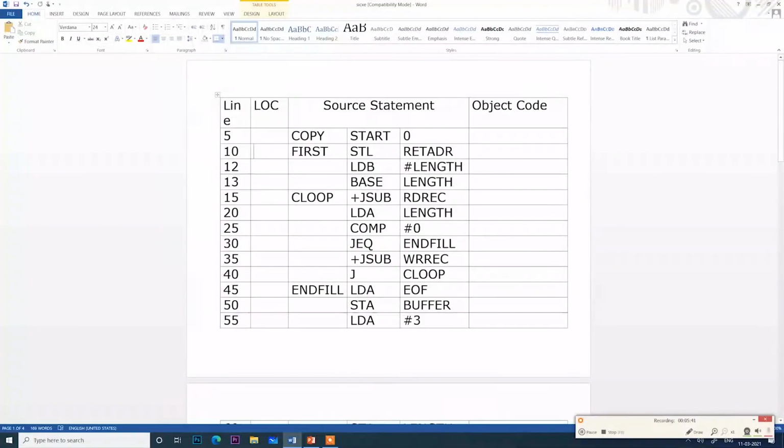So the SIC-XE program will be a little bit different from an SIC program. It will have different types of instructions and different addressing modes. We have discussed that already in the instruction formats and addressing modes video lecture, and now we are going to see how it works in a program. So consider this program. This is the program code. It's an SIC-XE program, similar to our SIC program, which was a copy program.